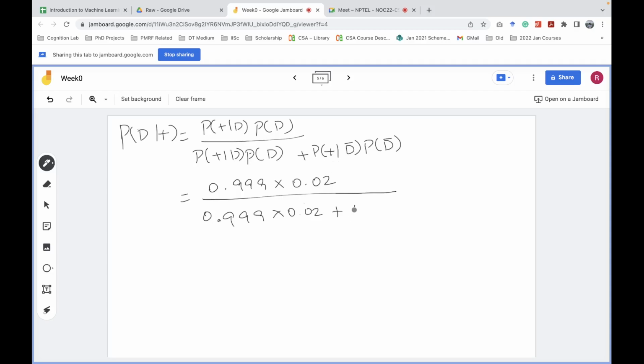So this becomes 0.005 into the probability of D bar, which is just 1 minus probability of D. Probability of D is 0.02, so this becomes 0.98. Now you can use your calculators and you will get this to be 0.803. So the right answer